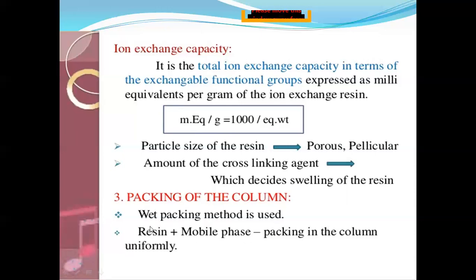So this is the resin. Generally what we do, this resin will be dissolved in our mobile phase, thereby we get a slurry, and that slurry will be introduced into the column. After that, we keep it aside or we subject it to heating. Thereby whatever resin is present in the column becomes hardened, sets properly, and is also fixed to the column properly.